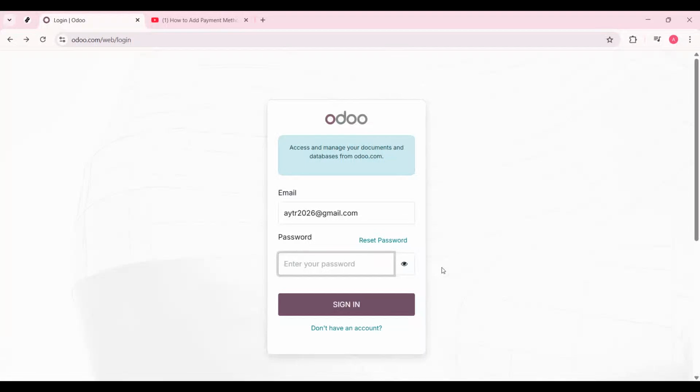In today's video, I'm going to walk you step by step through how to add a payment method in Odoo. This guide is perfect if you're just getting started with Odoo, or if you're setting up your business operations and want to start accepting payments from customers the right way. We'll go through logging in, navigating the Odoo interface, enabling the right apps, and finally, configuring a payment method so